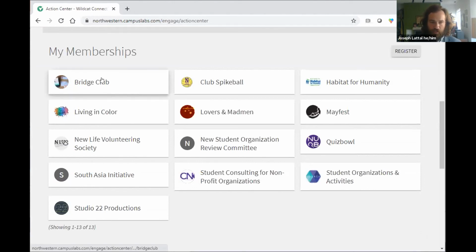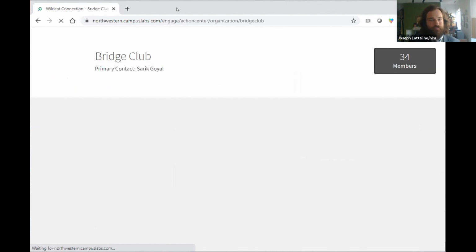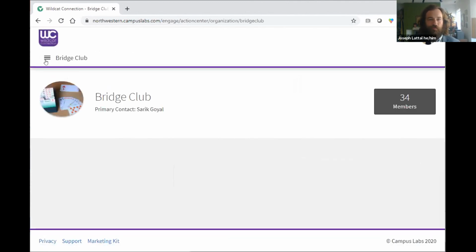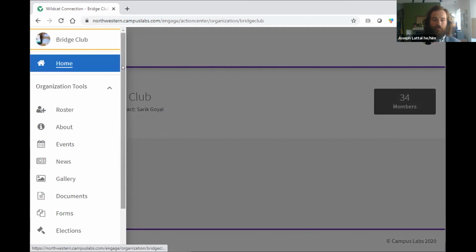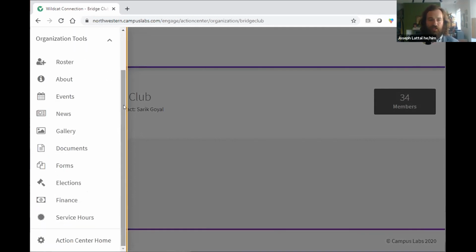So I'll just pick our Bridge Club, our nationally ranked Bridge Club, I should mention. And when I click that, there is a small menu icon on the upper left. When I click that, it reveals the dropdown, and finance is one of the last items in that list. And so I'm not going to click it